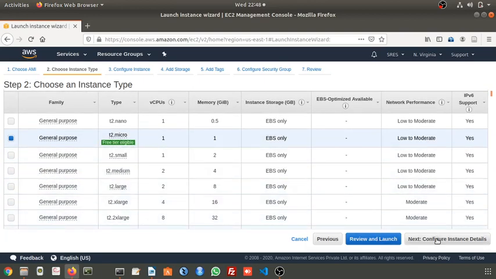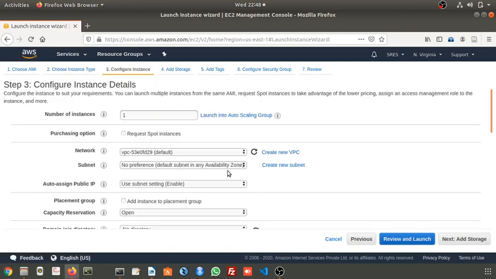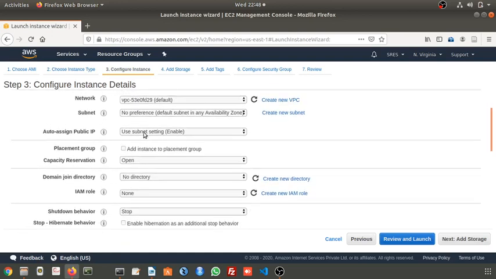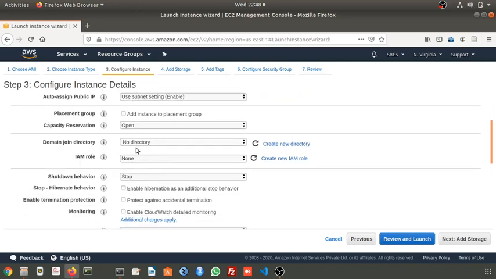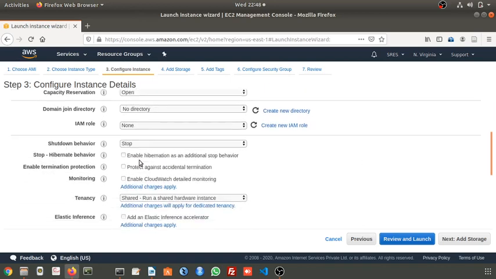Go to the configuration details. Number of instances is 1. I'll keep everything default, so in whatever availability zone there is, in the subnet it is going to be created. We know all these things; we already discussed them in the previous session.